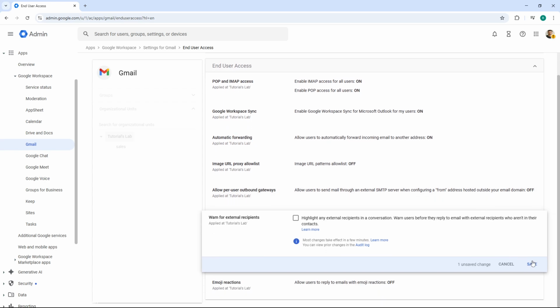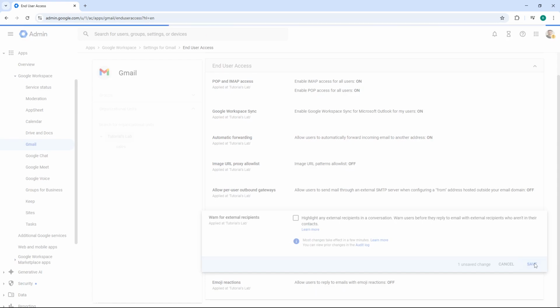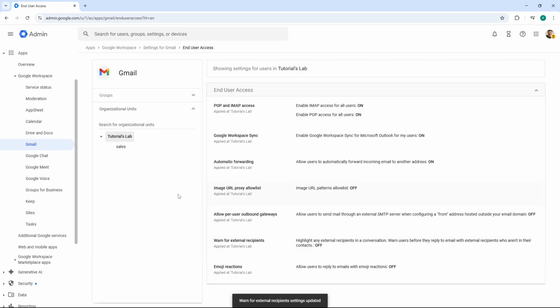Finally, don't forget to click Save at the bottom of the page to apply your changes. Without saving, none of your adjustments will take effect. Once saved, your users will no longer see those external email warnings when composing messages to recipients outside your